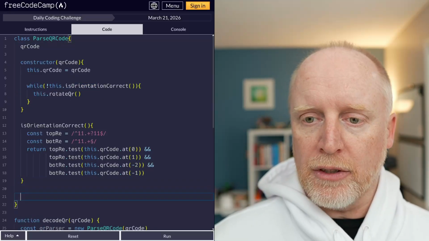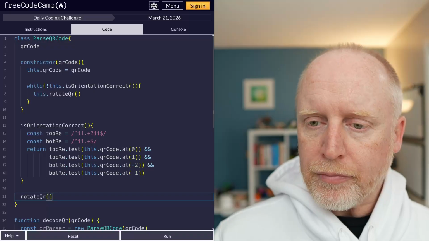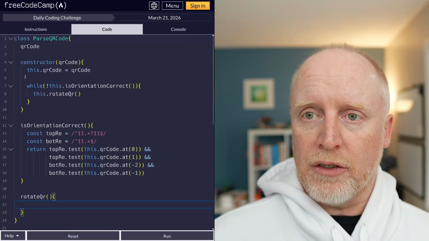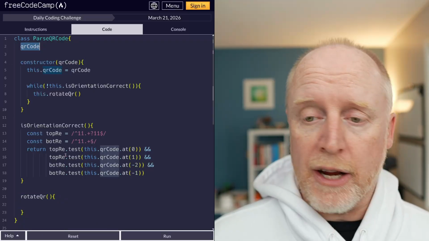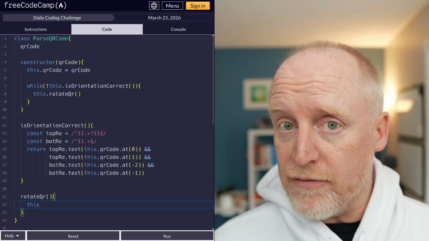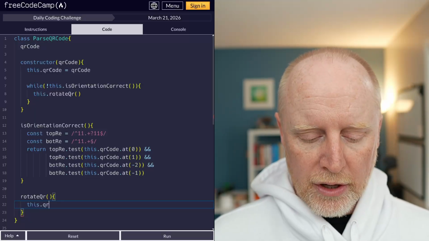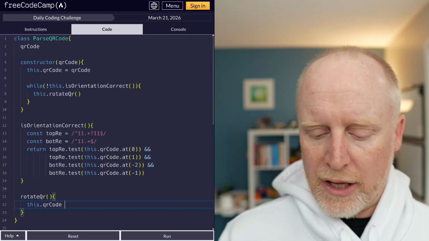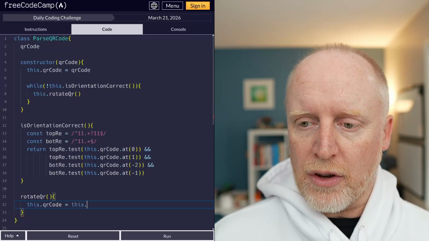So again, if it doesn't pass this, then we are going to rotate the QR, and that happens right here. Again, no arguments because it's our property, right? So we can do that. Now, this is an assignment, and that's very important. So we're going to take this.QRCode and set it to